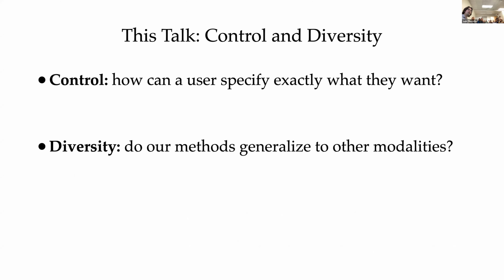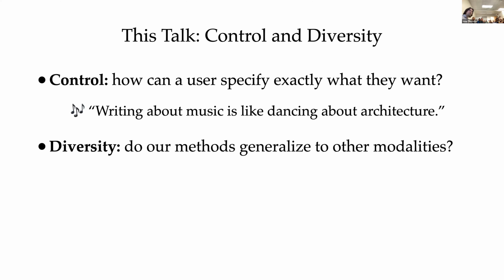And particularly in the music domain, I'm going to focus on two of these questions today. In the music domain, there's this observation that people have had, that writing about music is like dancing about architecture. It's really hard to describe in words what you want, or what's going on in music composition. It's also hard to prompt the model to produce the music that you want it to produce. And so there's a fairly open-ended control question here in the music domain about how do we steer these models? How do we want to steer these models?